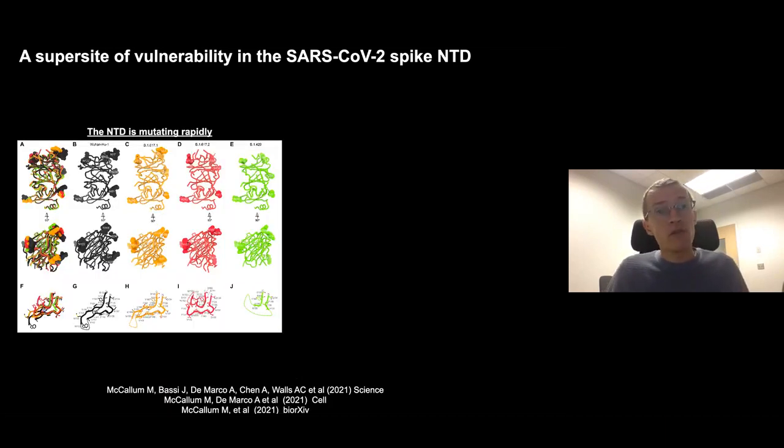So we have structurally characterized a fair number of these variants. And here I'm showing you NTD structures. And actually, I'd like to draw your attention to the bottom row, showing a superimposition and then a single structure at a time of the wild type, kappa, delta, and epsilon variants, where the region comprising 144 is actually quite different across these structures, because the NTD is very plastic, mutating and changing its structural organization, which seems to be very efficient to evade antibody neutralization without any effect we can really measure or detect on the function of the spike.